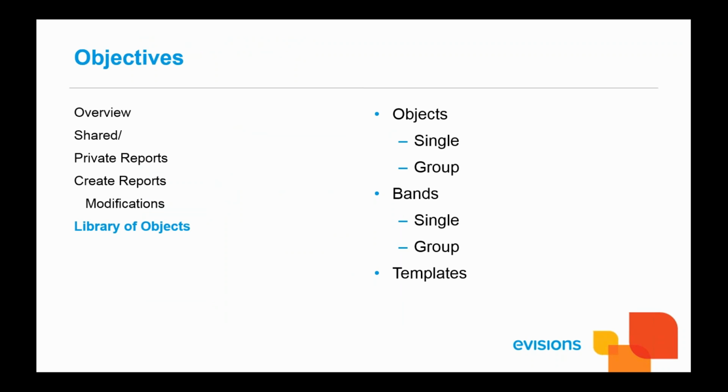But there are many elements in our report that we probably want to use sometime in the future. So instead of recreating these objects every time we want to use them in a report, we can save them into the library of objects, and we can save objects, bands, object groups, band groups, and even templates to the library of objects. So back in Argos,